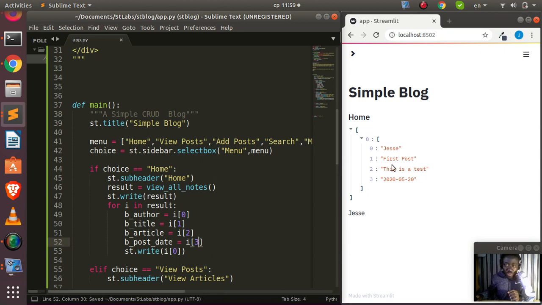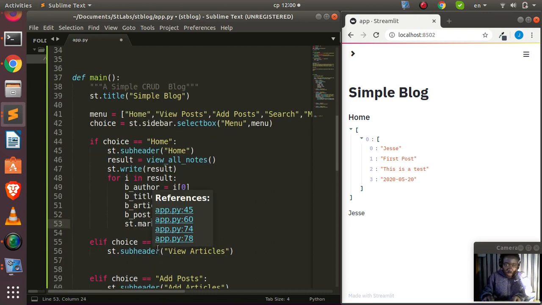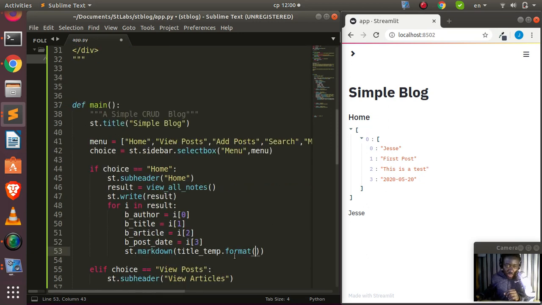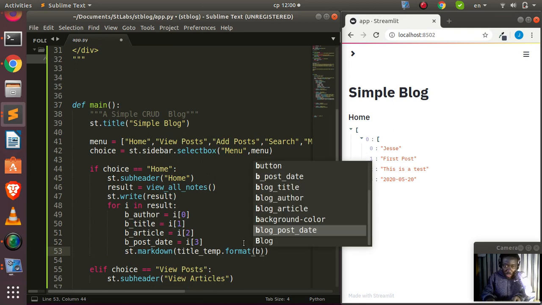Now to be able to get only the ones I want, I will just pass in this particular variable. So now I'll just take off this. I can just go with st.markdown to help us with that. Then I'll pass in my template, my title template dot format, and I'll pass in the first one. So the first option is the author name, the title, the article itself, and the post date, right? So in the same option, I'll just pass in here my b author,